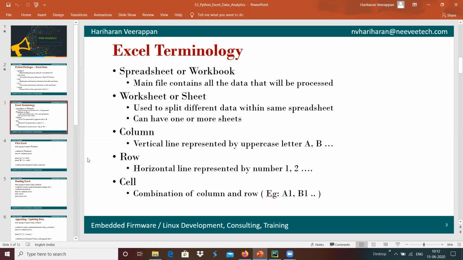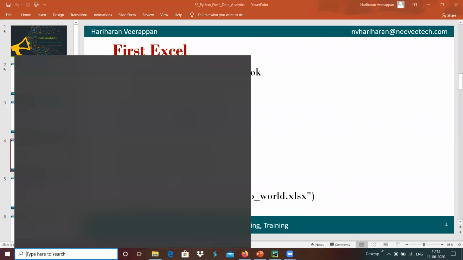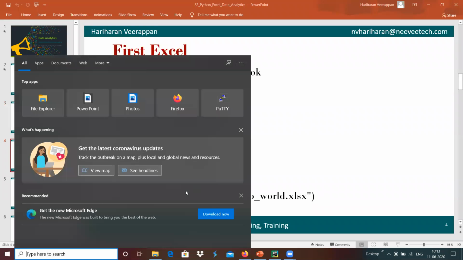Okay, then we will start with writing a simple Excel file. Before that, we need to install the package.